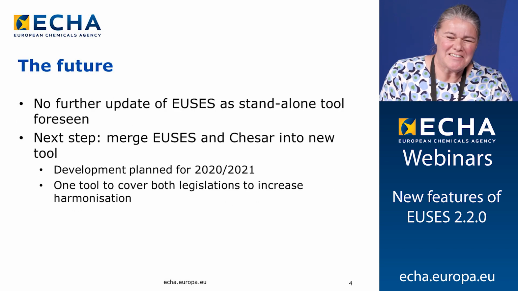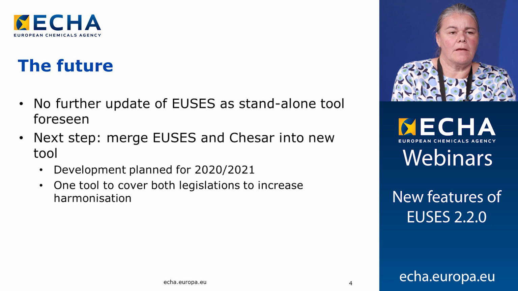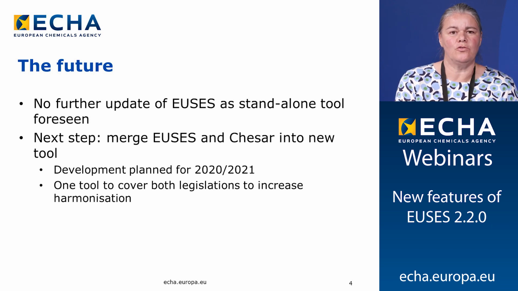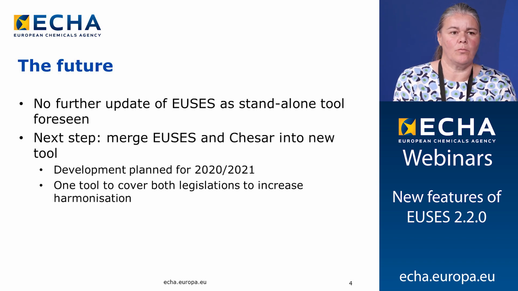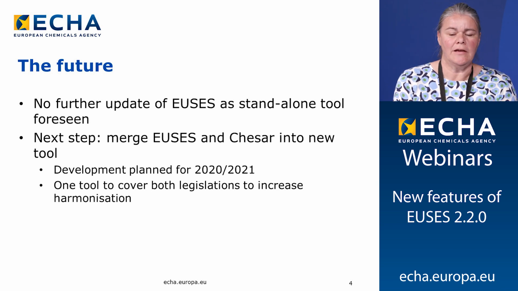On the future, as mentioned several times, there will be no future update of EUSES as a standalone tool. The next step, in fact, is to merge EUSES and CASA into one new tool. Some of you may have attended the workshop in June 2018 in Brussels, where all the update needs were discussed. There was a wide range of issues which have been prioritized, for example, including or updating the MEN via the environment, including direct release for REACH, having a scenario for direct release on agricultural soil. So all those items will be taken up in this major update, together with all those new developments that came up in the frame of biocides after EUSES